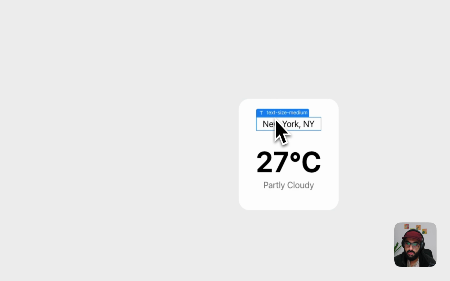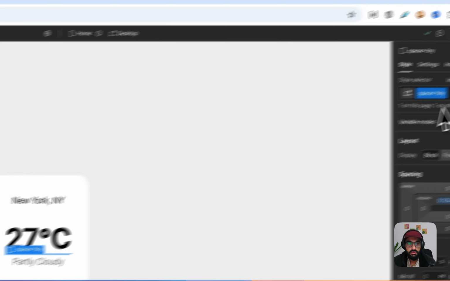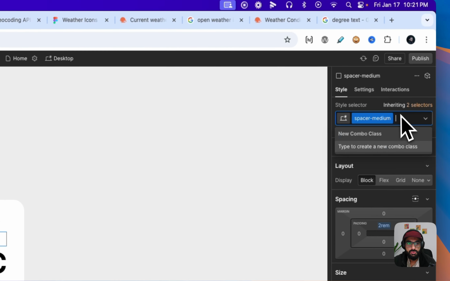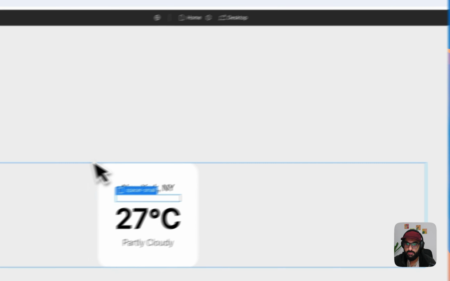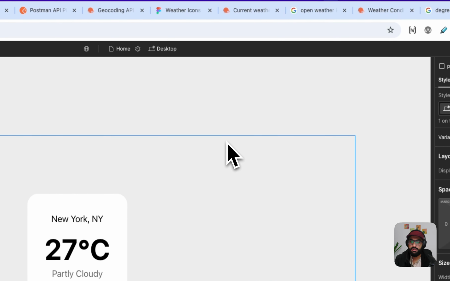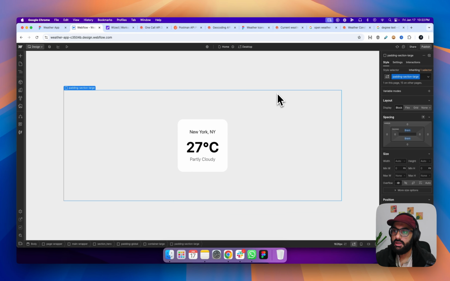Yeah, or let's go with extra small. Spacer extra small. Okay, this looks good. Let's also reduce this space as well. So spacer small, I think that would be enough. Yeah, this looks nice to me at this moment, and later we can add the icons and we can add